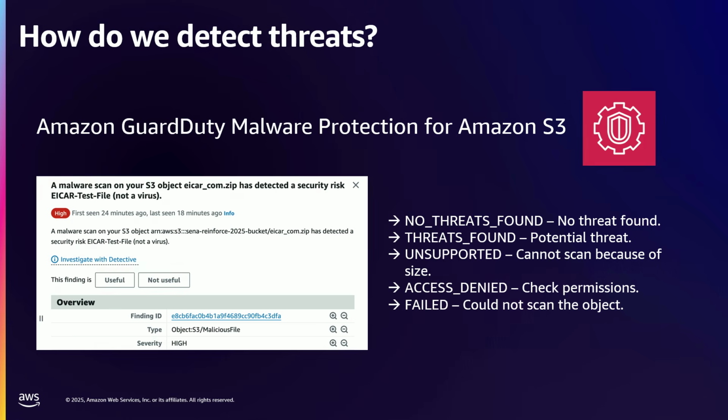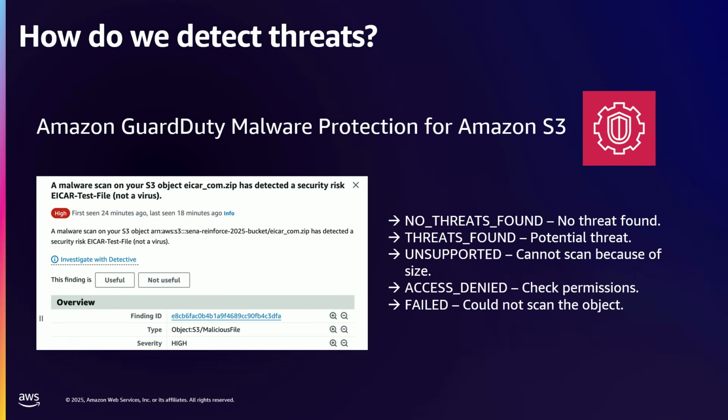And if it is not, it's okay. GuardDuty tags it no threats found. If you have files that GuardDuty does not support, we get the tag unsupported. If you have access issues between GuardDuty and your S3 buckets, you can get the access denied tag.